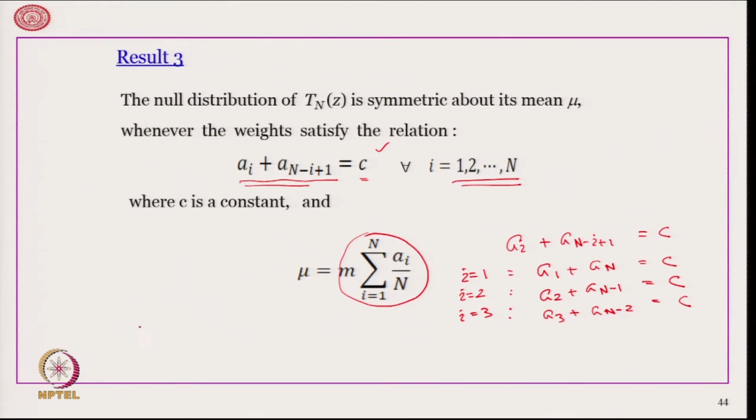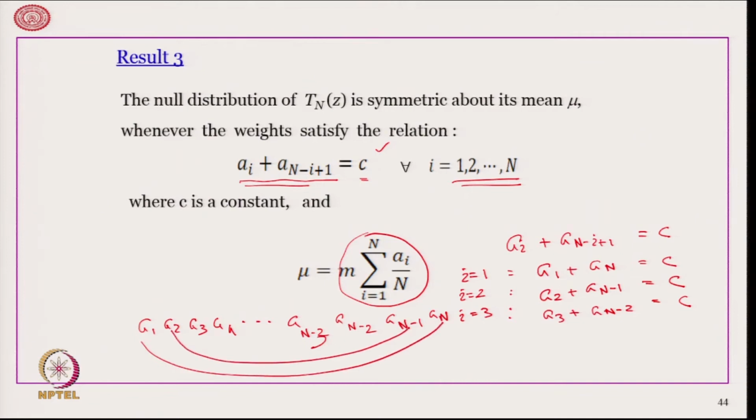Therefore, what we are saying is that if a 1, a 2, a 3, a 4, a n minus 3, a n minus 2, a n minus 1 and a n, if this is the A vector, then this plus this, this plus this, this plus this, this plus this, each such pair